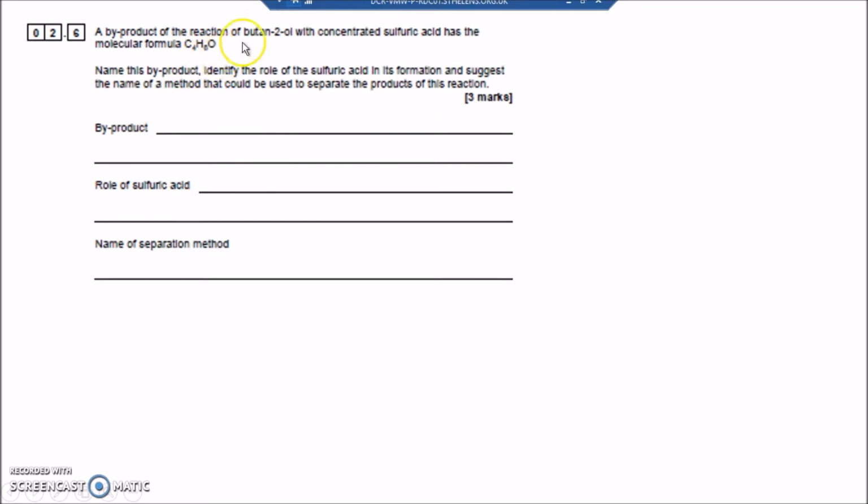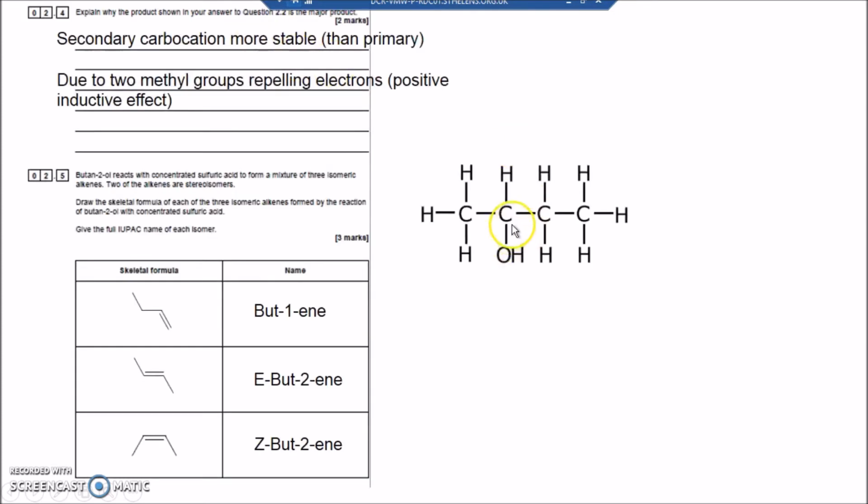This is a little known thing, but concentrated sulphuric acid can act as an oxidizing agent, so it can turn butan-2-ol into a ketone. Now the best way of doing that is through acidified potassium dichromate with a little bit of dilute acid. That would be the best way of turning a secondary alcohol like this, a secondary alcohol with the C-OH in between two carbons. So the C-OH is bonded to two carbons, so that as a secondary alcohol with potassium dichromate and a little bit of sulphuric acid would turn that into a ketone, a C double bond O, and that H would be